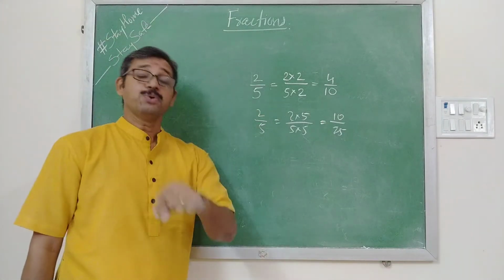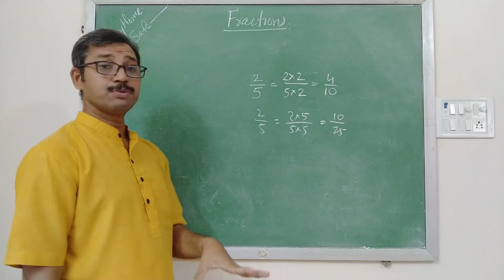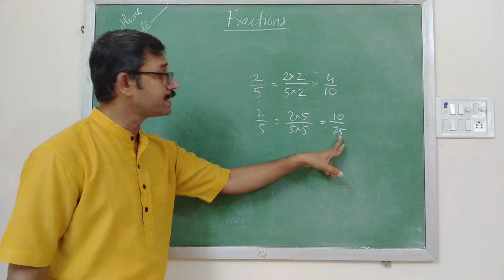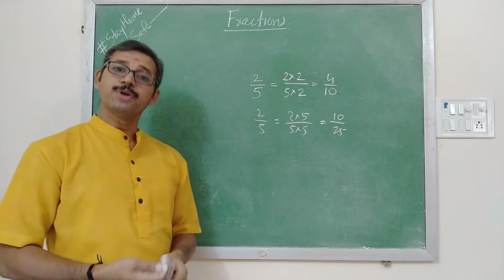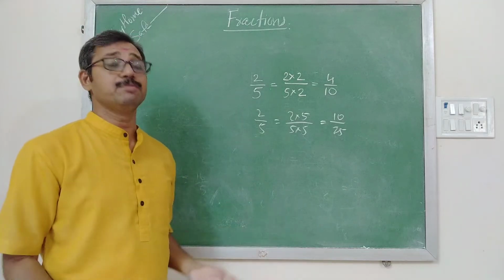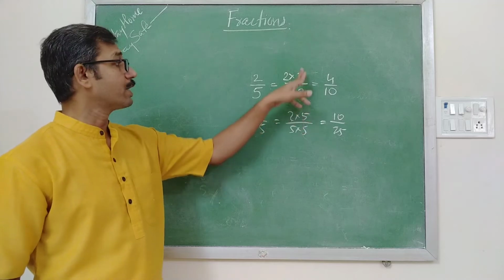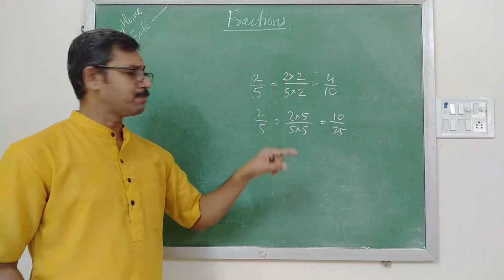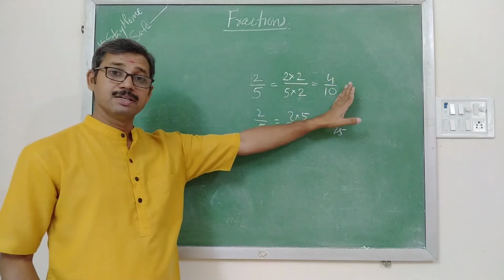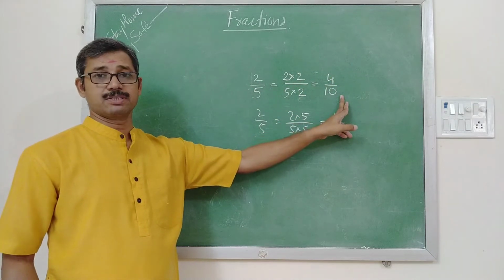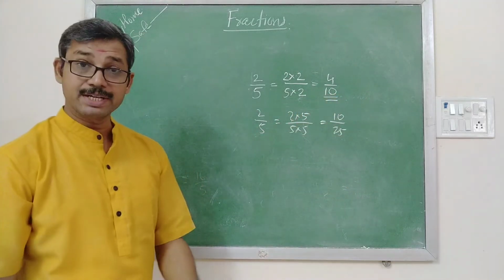Now when you want to add two fractions, you must understand that the denominator must be the same. If the denominator is not the same, then what will we do? You have to make the denominators equal. How can we make the denominator equal? By multiplying by a common multiple. By multiplying the same number on the numerator and the denominator, we can make a fraction into an equal fraction. So we will get the desired numerator.